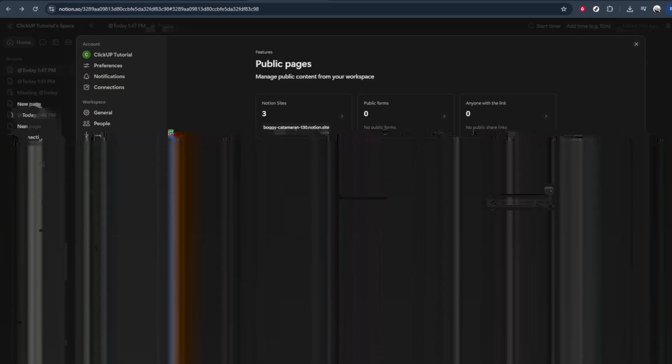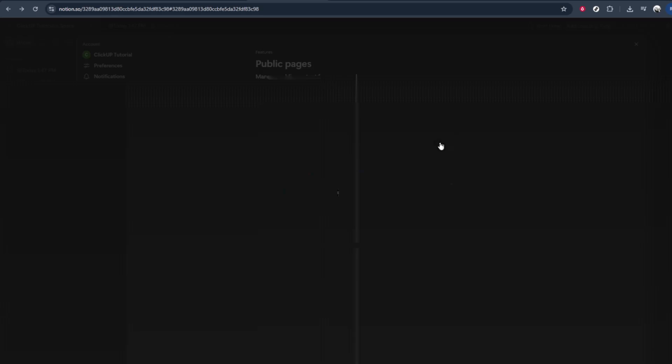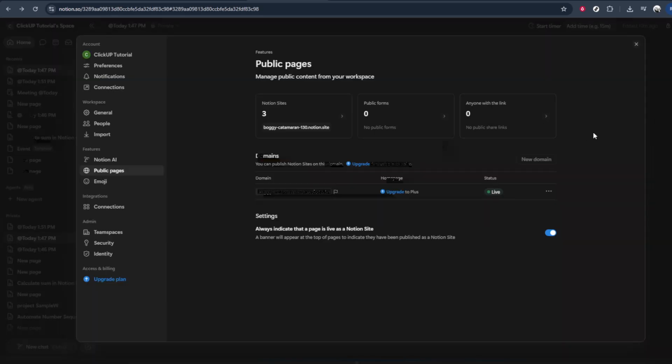Take a moment to note exactly how it appears, because this is what you'll share with others when you want them to access your public Notion pages. You can copy it directly from here if you need to paste it elsewhere, like into an email, a website, or a link in your social profiles. And that's it. By clicking your profile name, going into settings, opening public pages, and then going to domains,